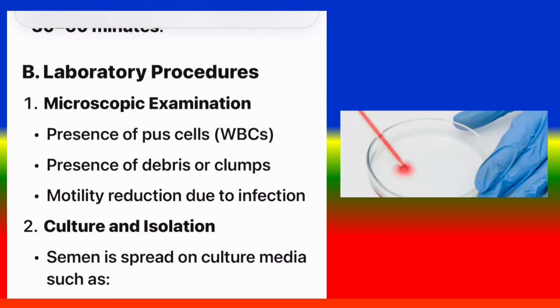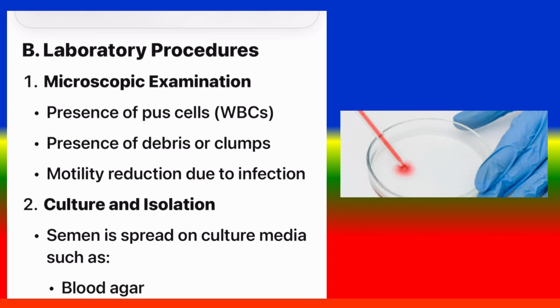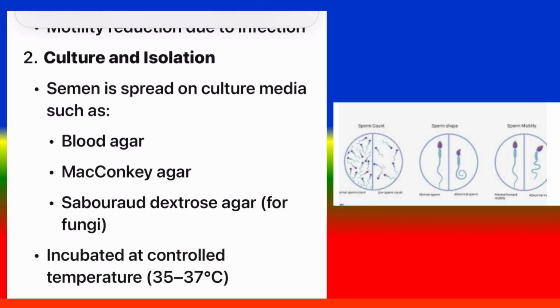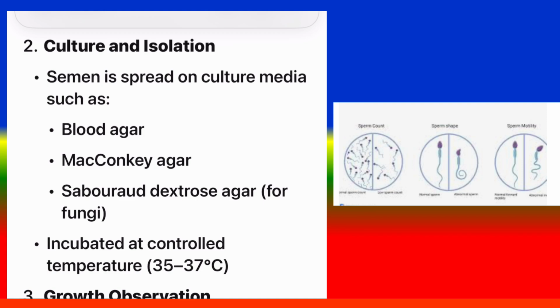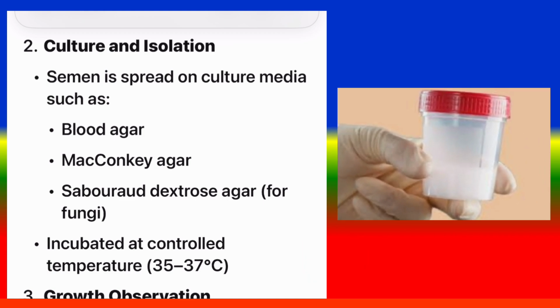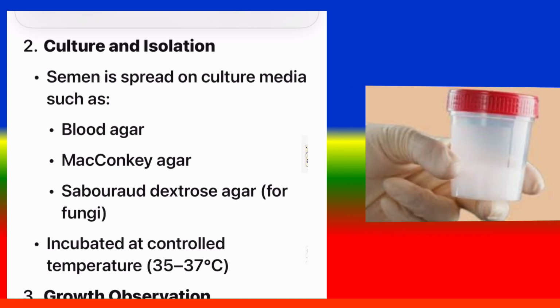B. Laboratory procedures. 1. Microscopic examination: presence of pus cells, WBCs, presence of debris or clumps, motility reduction due to infection. 2. Culture and isolation. Semen is spread on culture media such as blood agar, MacConkey agar, Sabouraud dextrose agar for fungi,